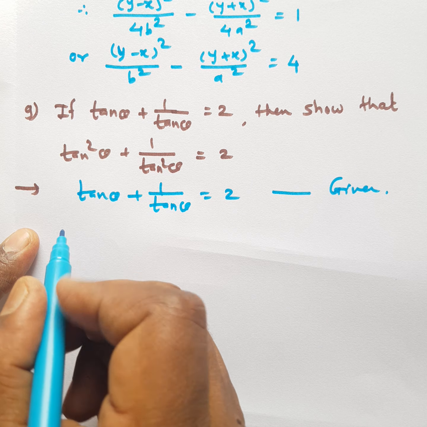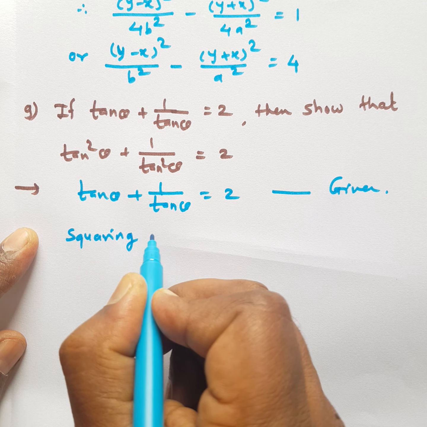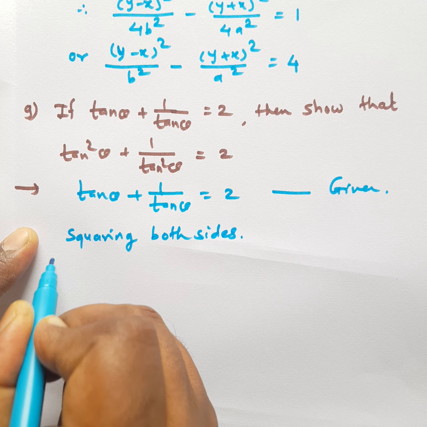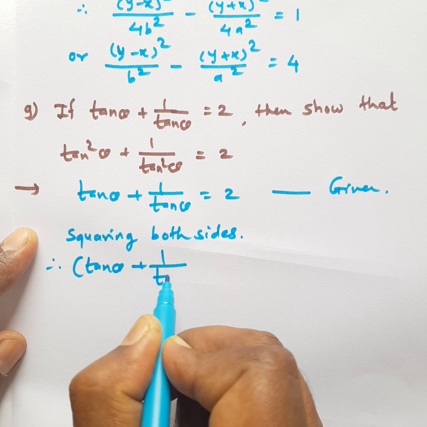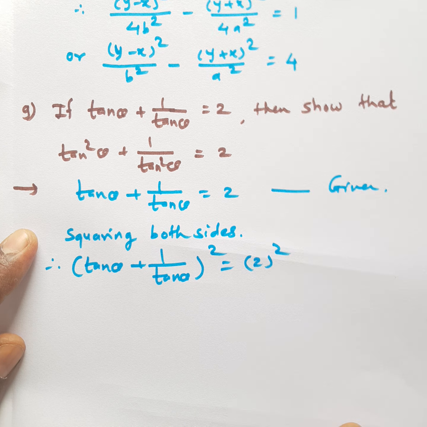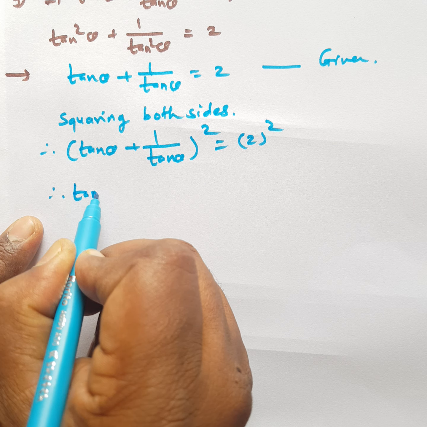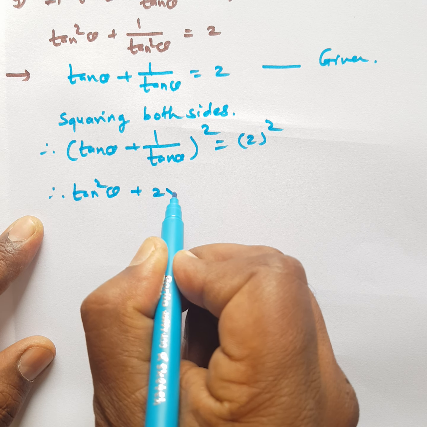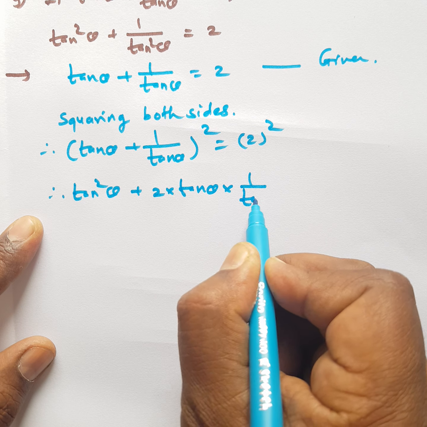Now squaring both sides, if we square both sides, then it will be tan theta plus 1 upon tan theta bracket square is equal to 2 square. Now it will be tan square theta plus 2 into tan theta into 1 upon tan theta,